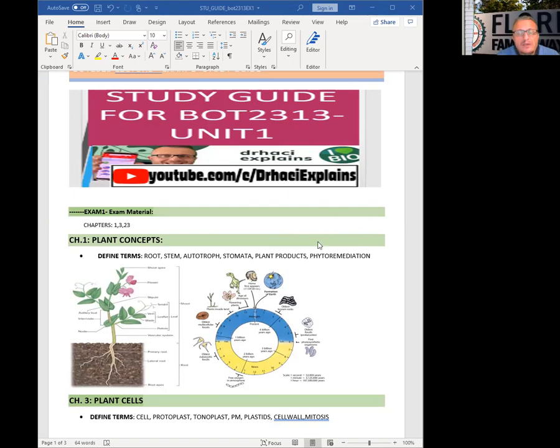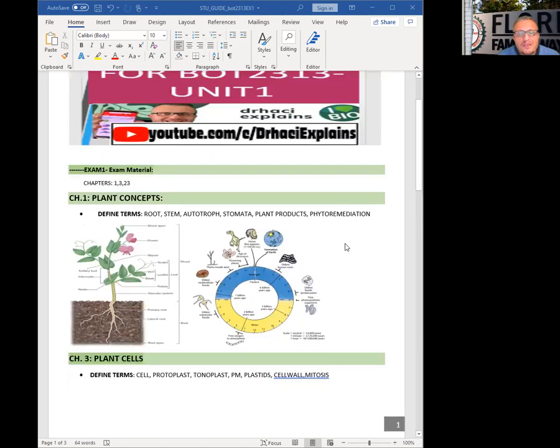Chapter 1 is plant concepts and an introduction to plant biology. There are a number of definitions there. First of all, everyone needs to start reading the chapters from the textbook, Raven Biology of Plants, starting with chapter 1. Make flashcards on basic plant terms like stomata, autotrophs, plant products, phytoremediation, root,